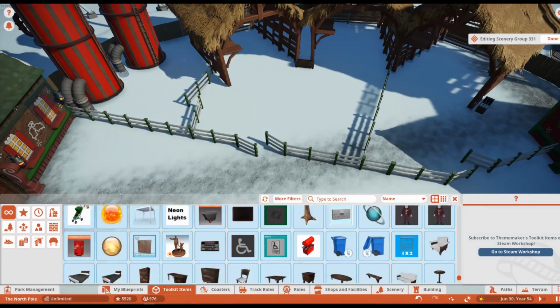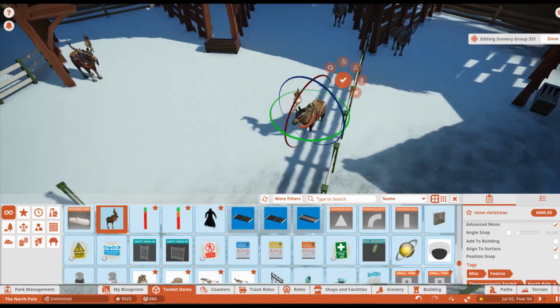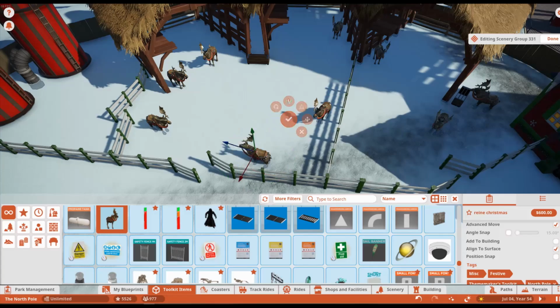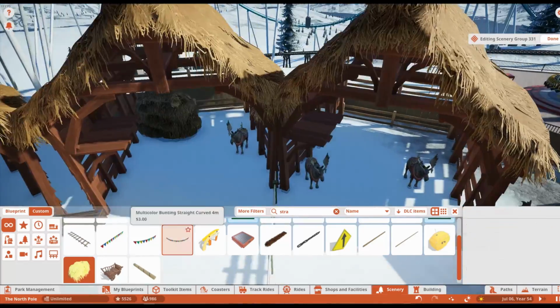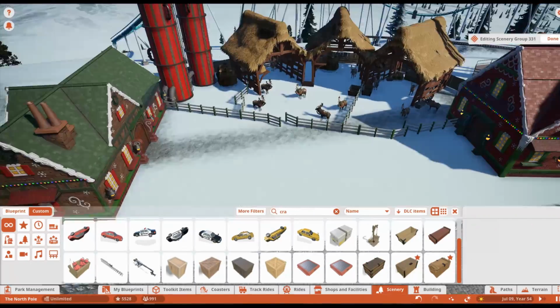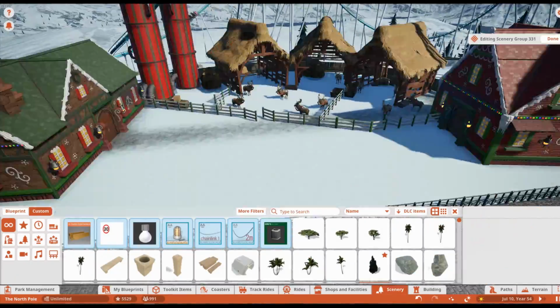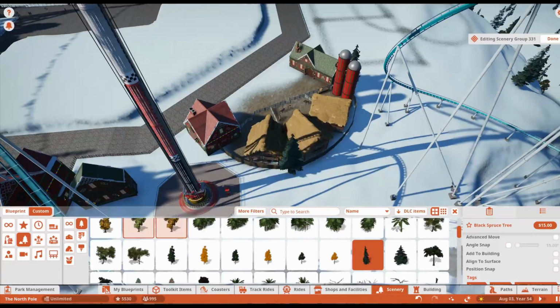Making sure I had plenty of entrances or gates within the fences for people to walk through. I did have them open just so that you could tell that they were there. And then started adding some minor details, including the reindeer themselves, which was a TMTK item. Adding some hay bales, some barrels, just adding some clutter, and then put some mud all around the area because